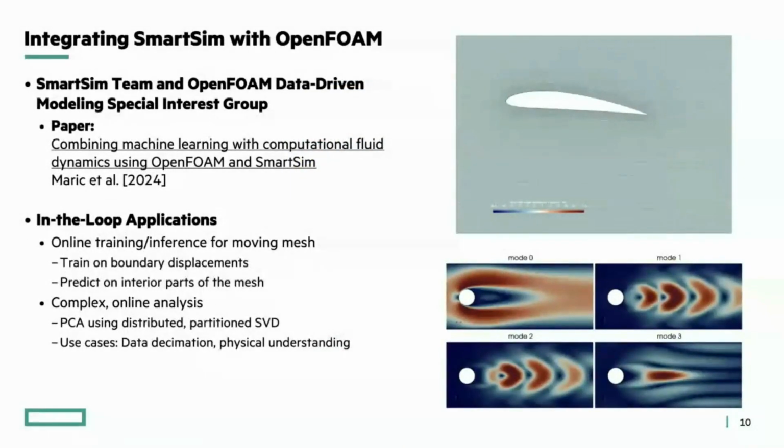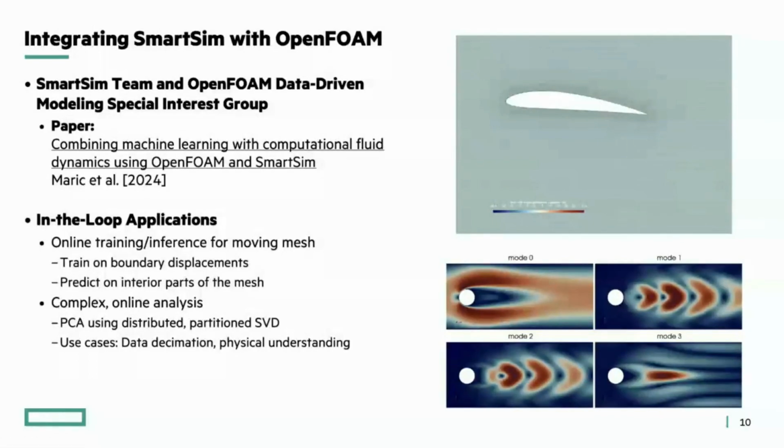Another example of things, we wrote a paper recently where we integrated OpenFOAM, which is a CFD solver, and created a SmartSim integration with it. And we had basically a bunch of different, really simple, but hopefully explanatory ways of how you might want to do AI integrations with your simulation itself. So it's both a paper about how you couple this, but then what can you do after you couple this? And so a couple of the in-the-loop applications for that,